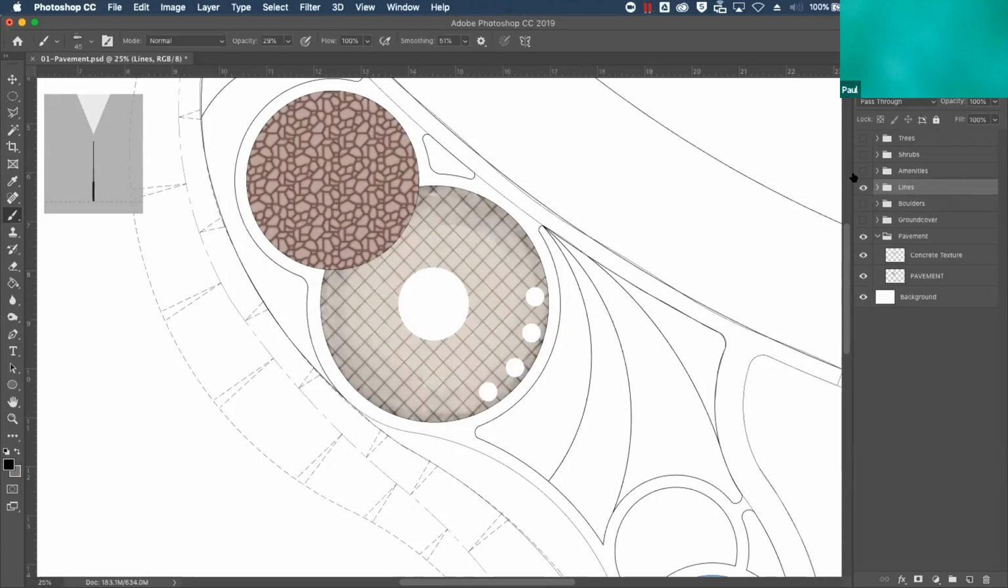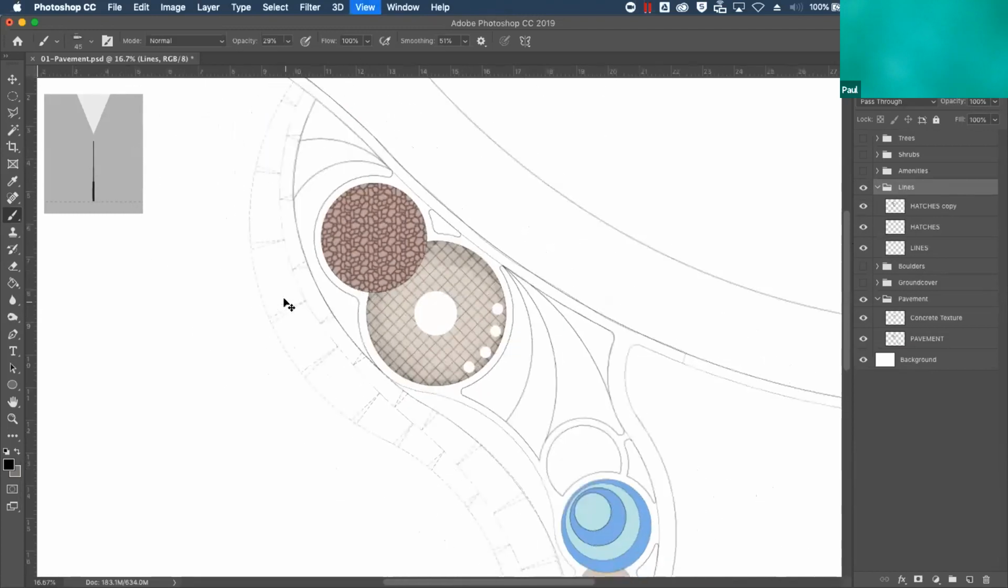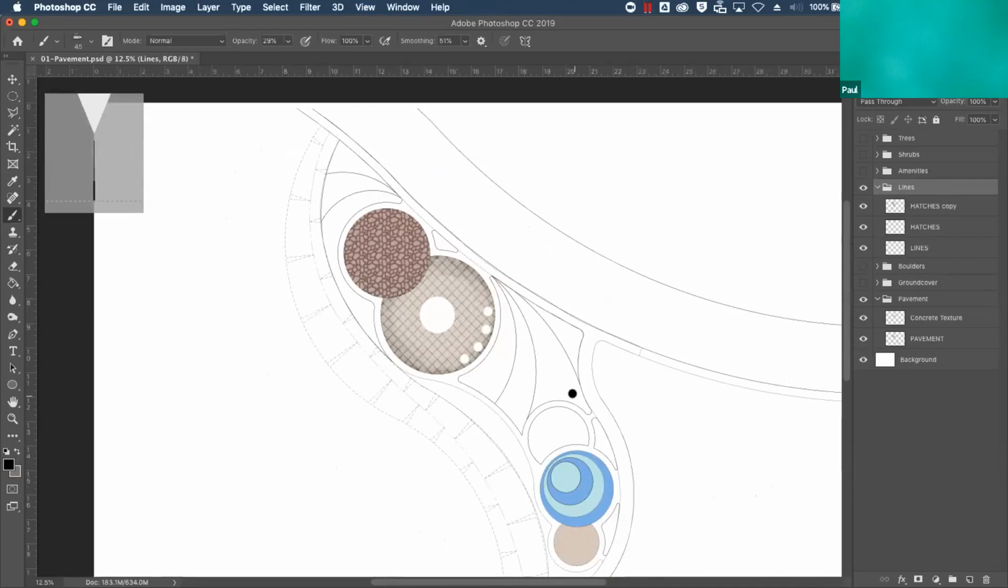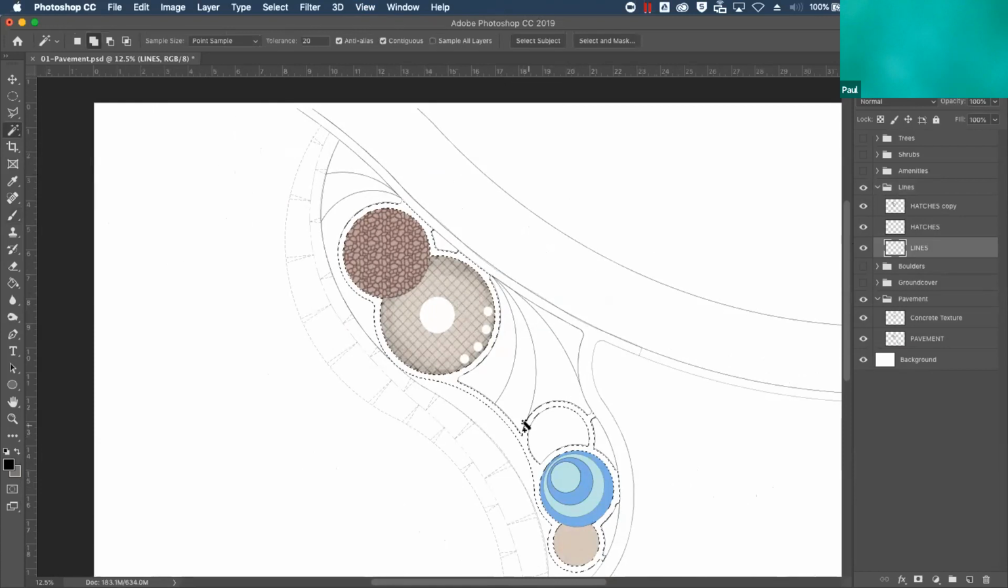And then next, let's do our walkway. We have this, say, decomposed granite walkway that goes all the way around the site. I'm going to be working on the lines layer again because I didn't export that out. I didn't have a fill for that, but I do have a solid area or a closed area for my entire walkway system. So if I select my lines layer and my magic wand tool, I can select the area